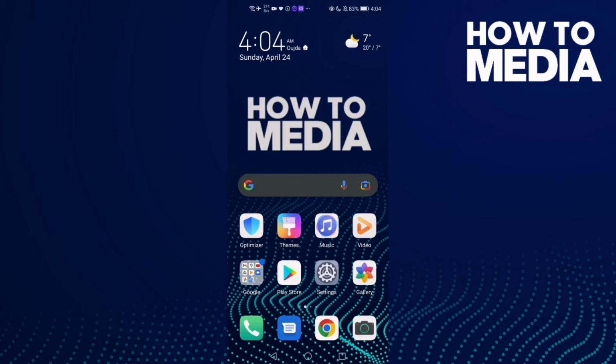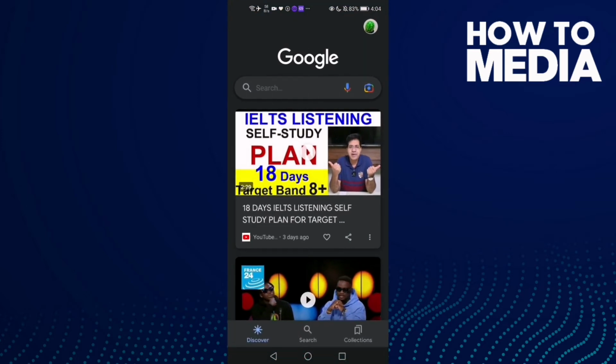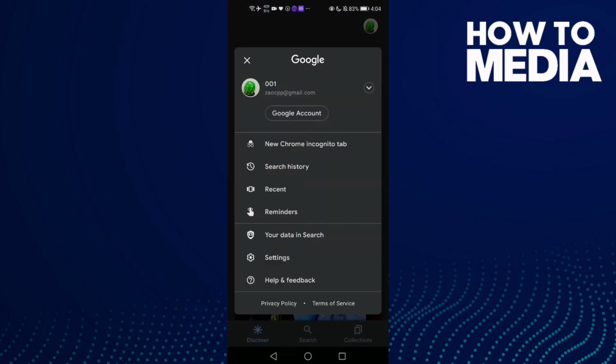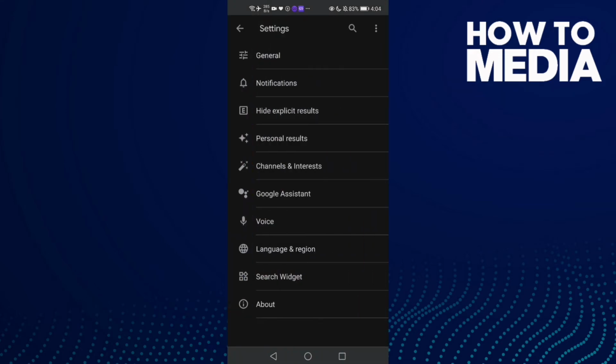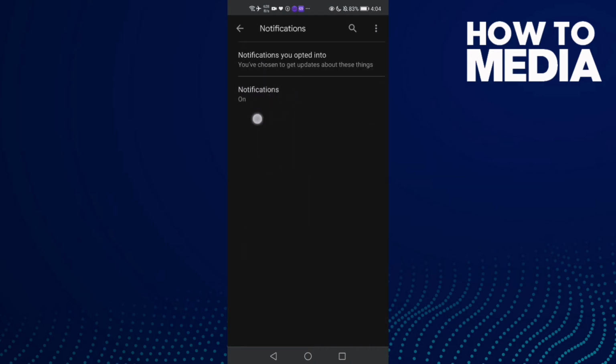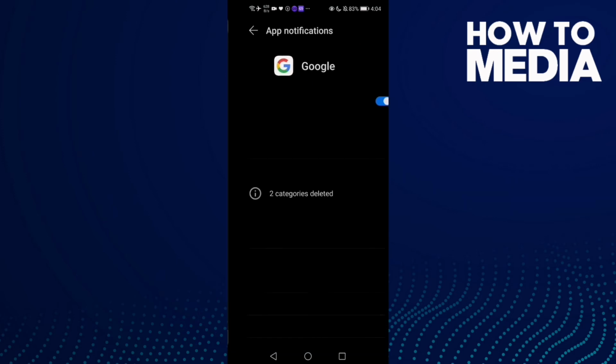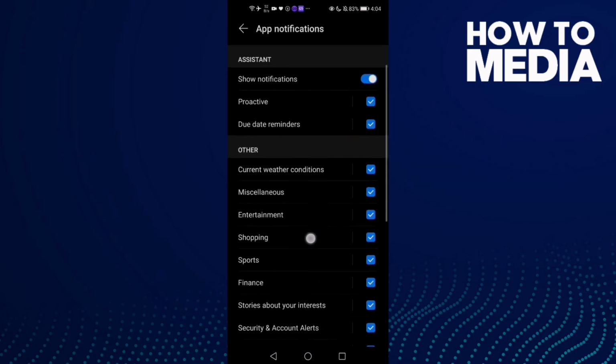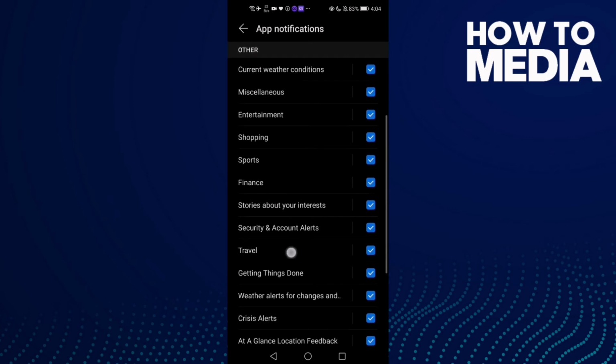First we're gonna do is go to Google and then click on your profile here and then click settings and now click on notifications and then click notifications again and then go down until you find this one, travel. Click on it